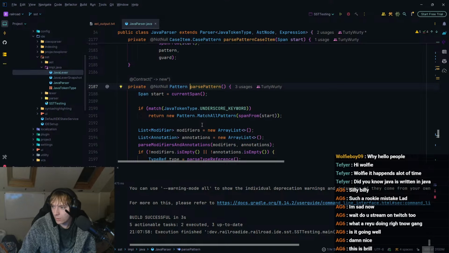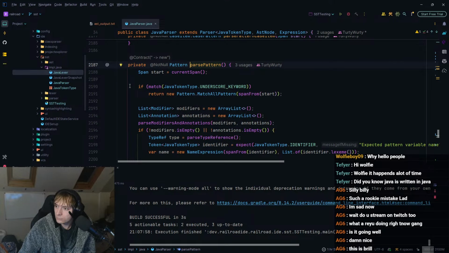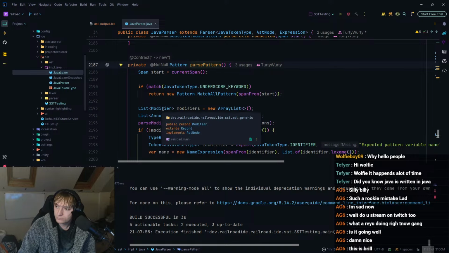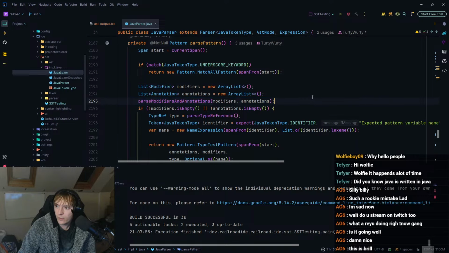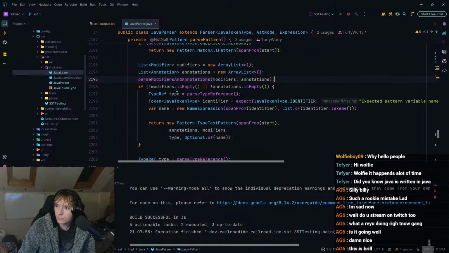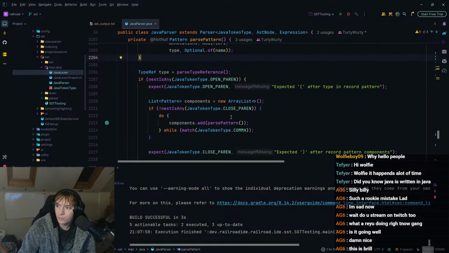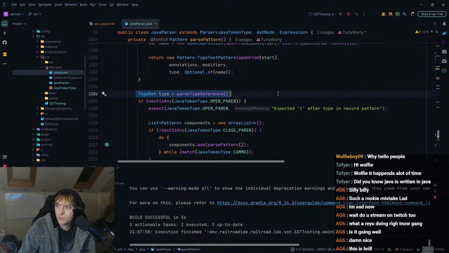Okay, if we match an underscore, then it's a match all. Okay. If we match... Okay, so then we parse modifiers and annotations. If they're both not empty, then it does that, which is fine. Else it tries to parse a type reference.